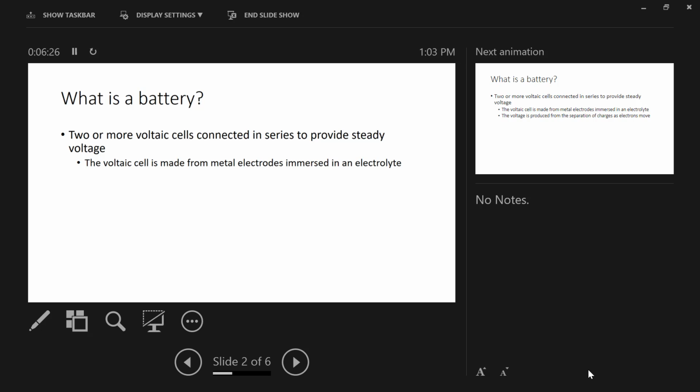And these are electrodes. And so this is a voltaic cell: electrodes immersed in an electrolyte. And then a battery is going to be at least two of these voltaic cells connected in series to provide a steady voltage. We're like, okay, so now I have an image in my mind of a voltaic cell,